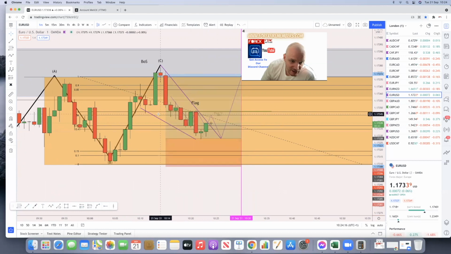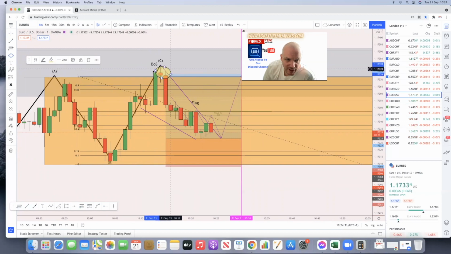So again, you've got the pullback. So that is the zone. The orange is the zone. The C, the buyers went back into control. Okay, you had a break of structure here. Just to highlight that, you had a break of structure there. Okay, and then